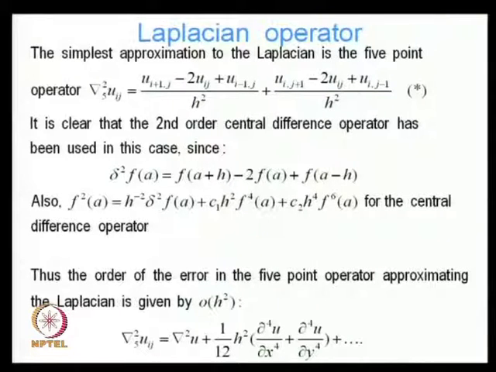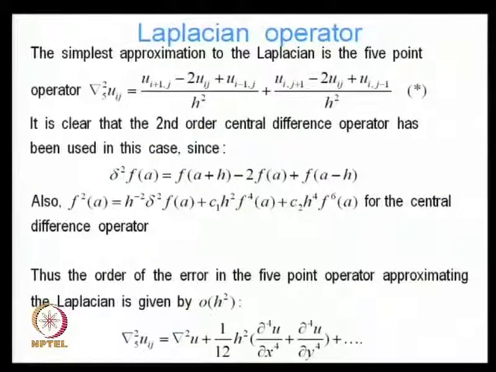And it is also clear that we have used the second order central difference operator in this case, since del square f(a) is equal to f(a plus h) minus twice f(a) plus f(a minus h). We have seen that earlier on. We showed that maybe in the first lecture on differential operators. You can see that we have used that here,